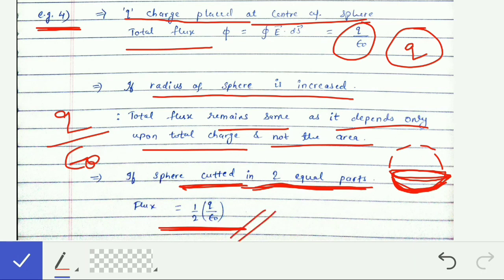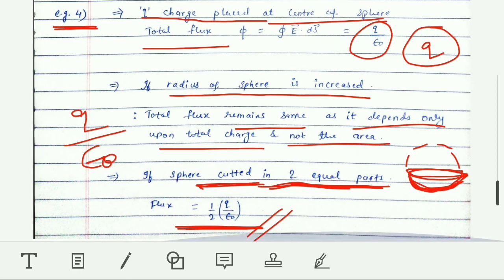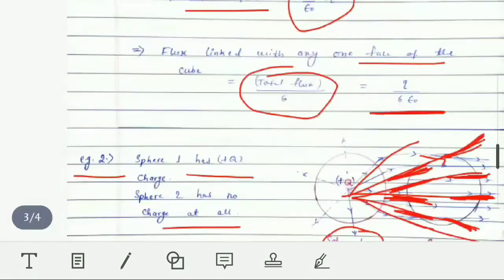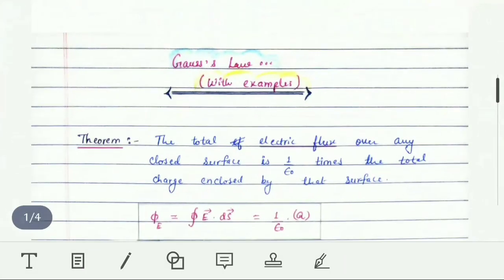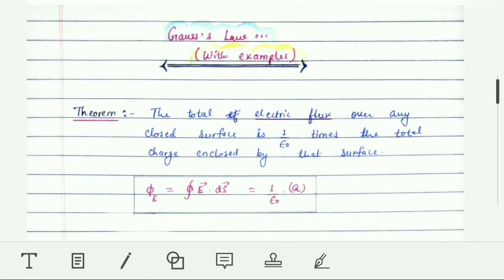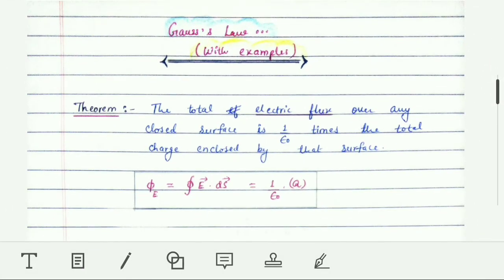Okay students, I hope that you have understood all about Gauss's law. It is nothing very complex, but you need to understand the main things, note down the examples and practice the questions. That will help a lot in doing further questions in your exams also.